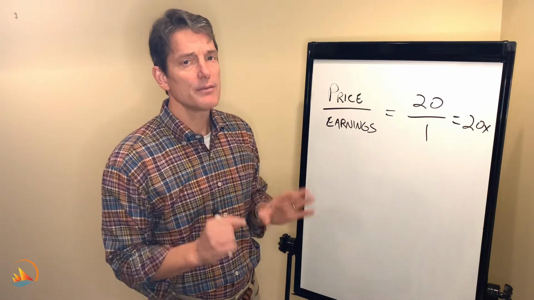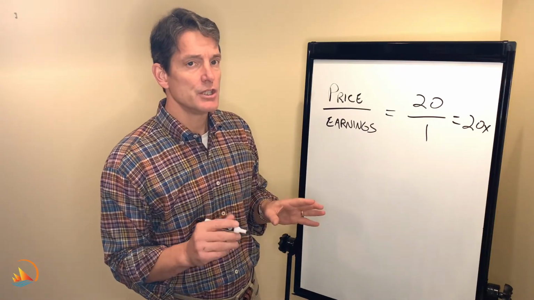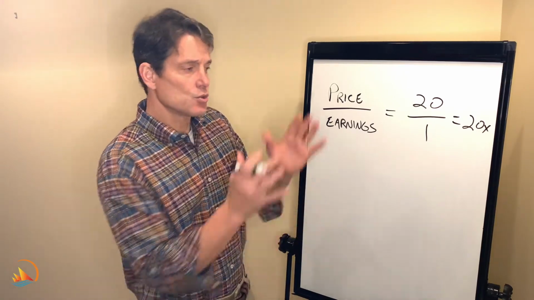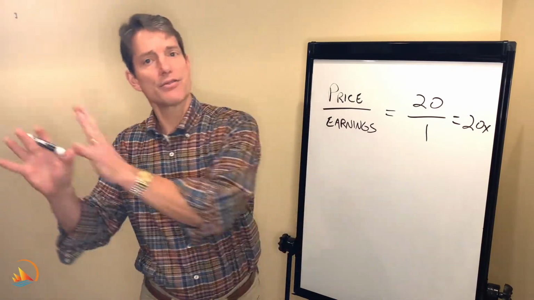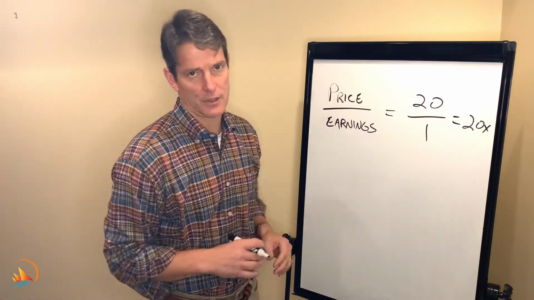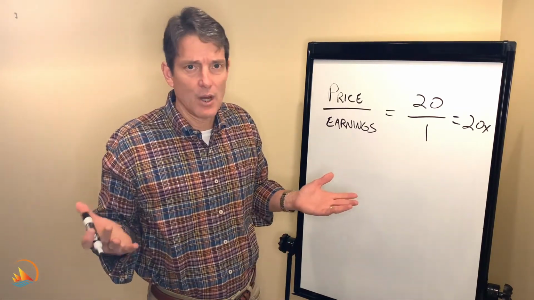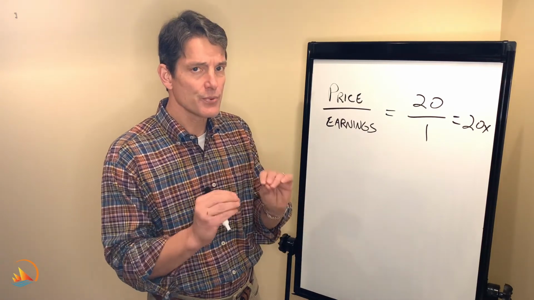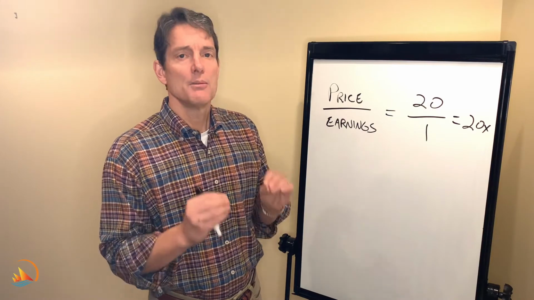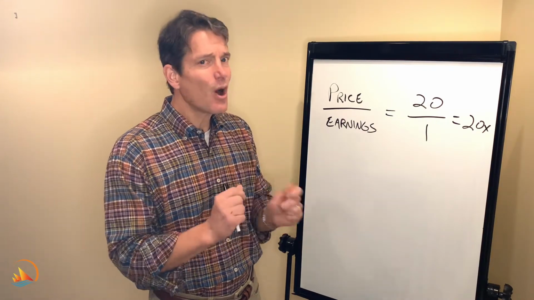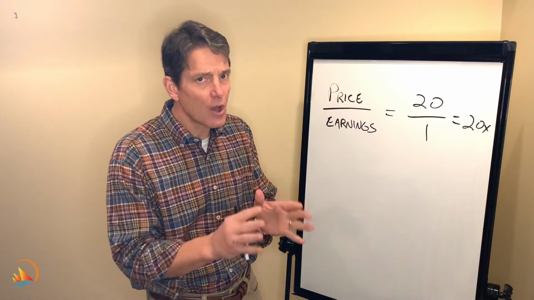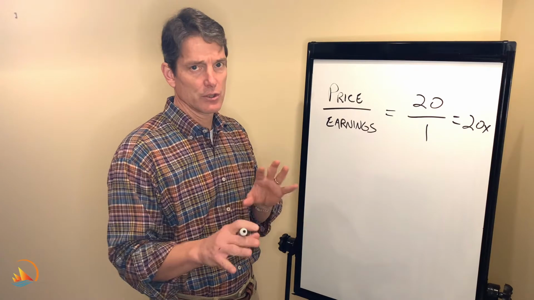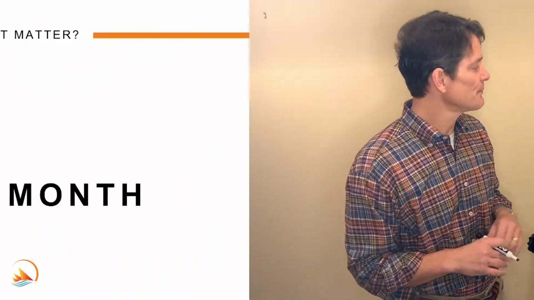Now, another thing that you may find confusing is you can hear people say that the S&P 500, the big market index, is at 20 times earnings. No, it's not. It's at 30 times earnings. No, it's at 25 times earnings. You're like, what's going on here? Why are there all these numbers flying around? The answer is that there are 3 commonly quoted PE ratios, and they don't always tell you which one they're talking about at a given point in time. So let's talk about those 3, make sure that we understand them, because they're pretty simple to understand.